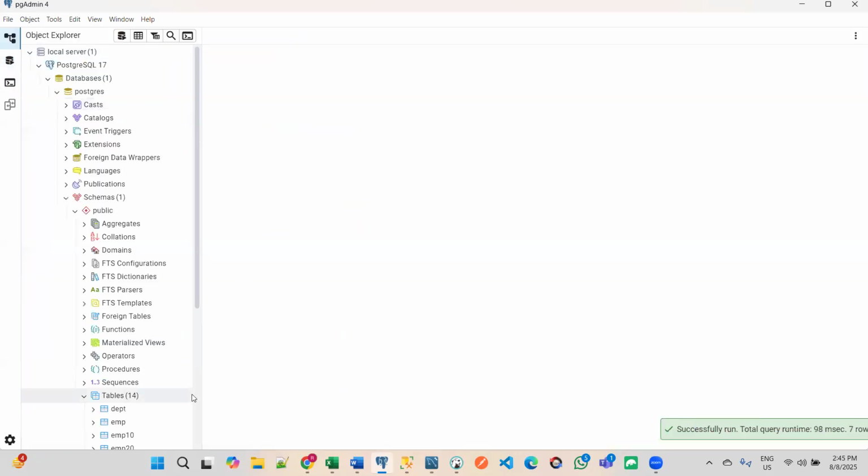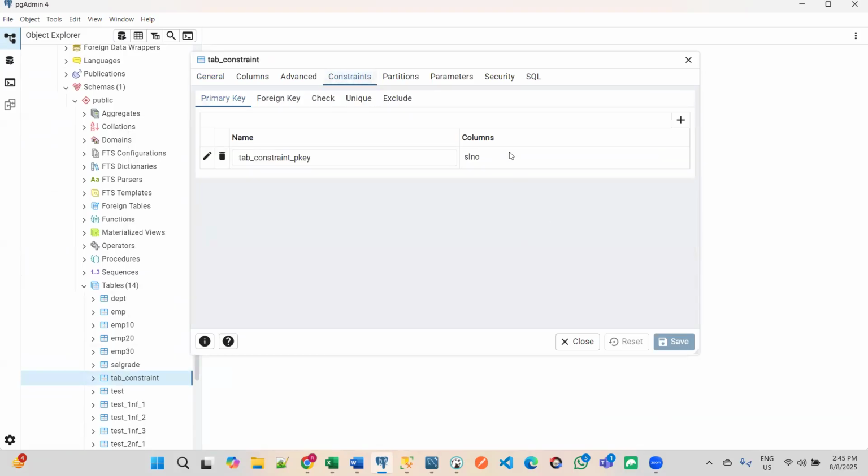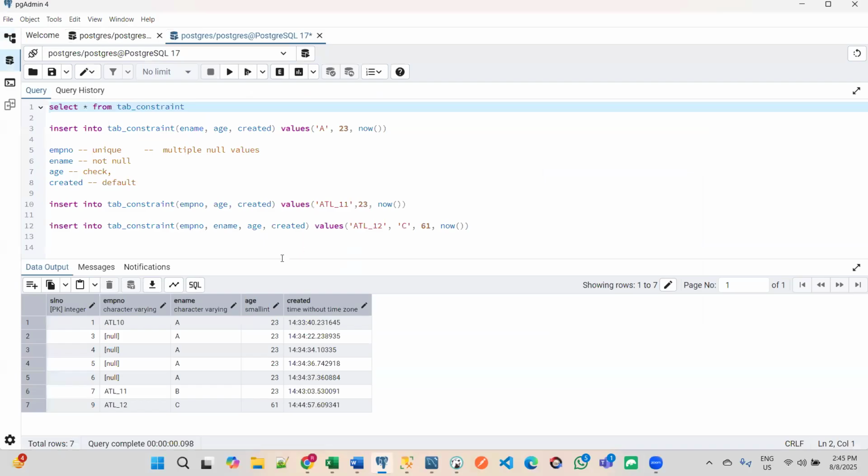Okay, age greater than or equal to 60 means it will allow ages greater than or equal to 60. That means it will not allow below 60. Okay, so that's okay. Wait a minute, close and go to here,